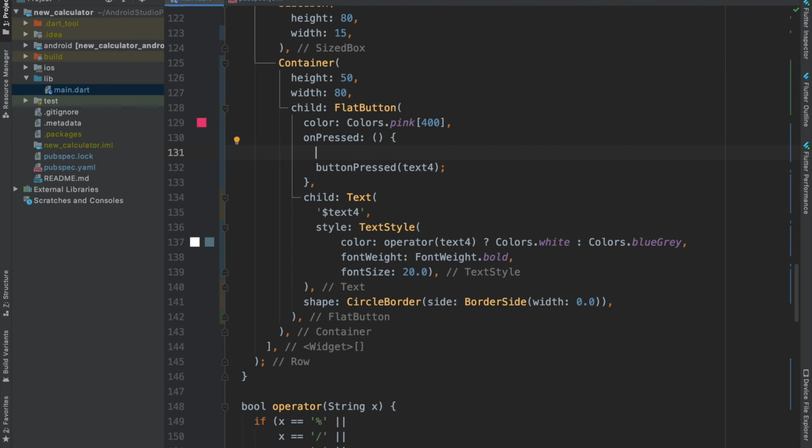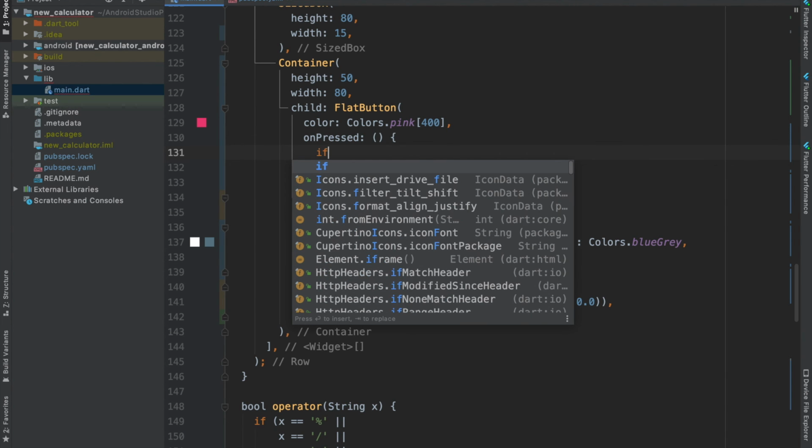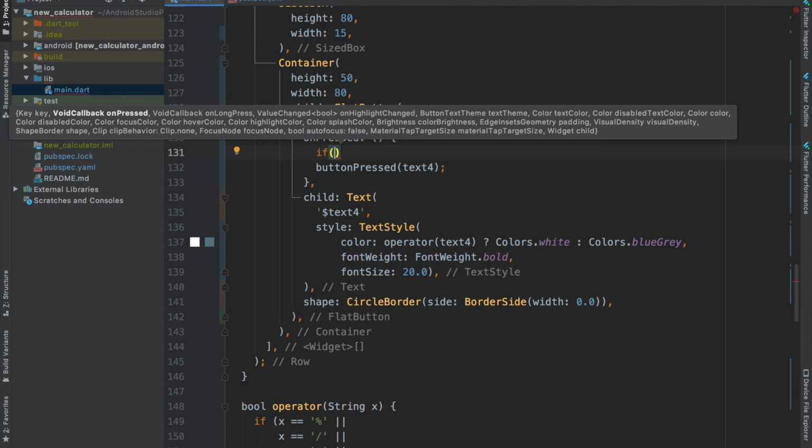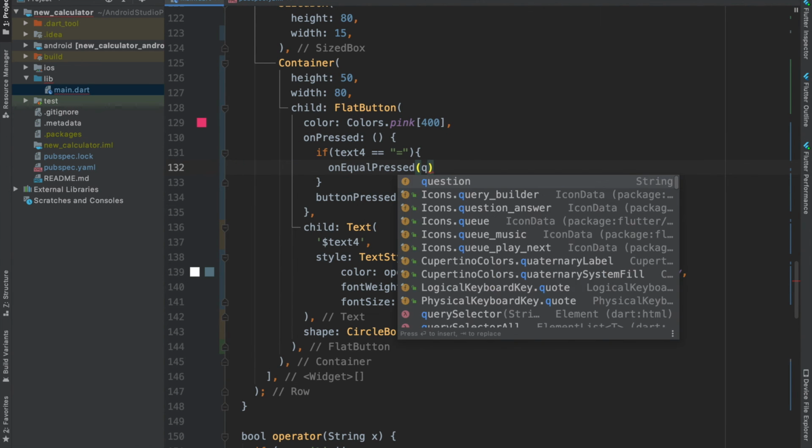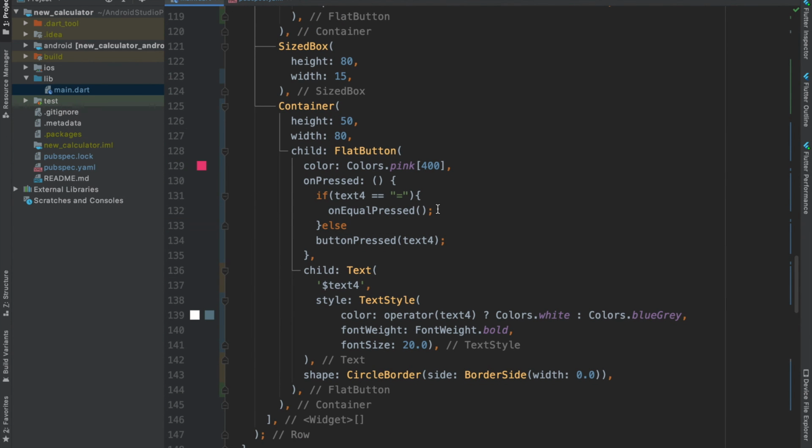So we will apply a next condition here. If the text4 is equal to the operator equal to, then we will call the method onEqualPressed, and if it is not equal to the operator, then we will simply print the value of the text4. So let's add it here. And we will call this method inside the setState.